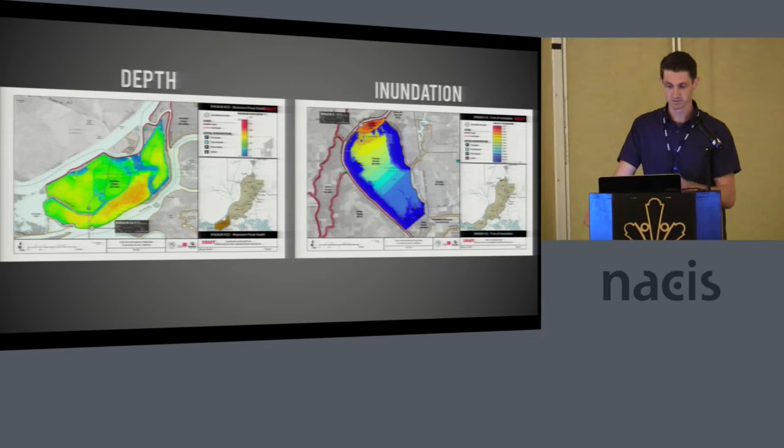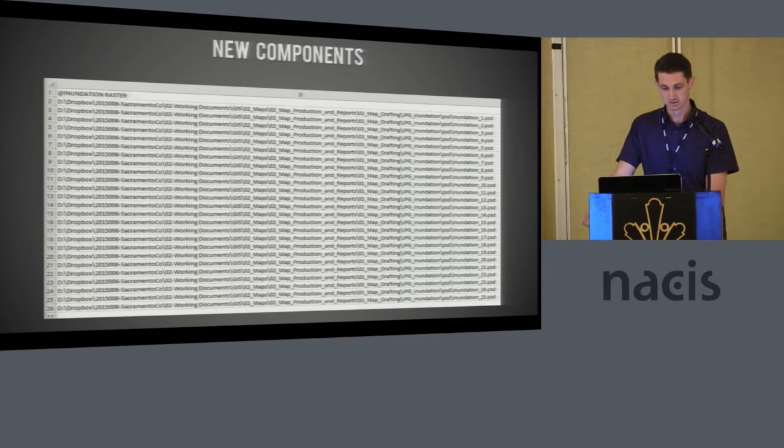Another major time saver is recycling that whole process. So I need to generate time to 1-foot inundation maps as well. And these layouts are very similar to the depth maps. So I'm reusing almost all the components, except I'm changing the depth raster to an inundation raster. So I can go back and reuse the ArcMap documents,